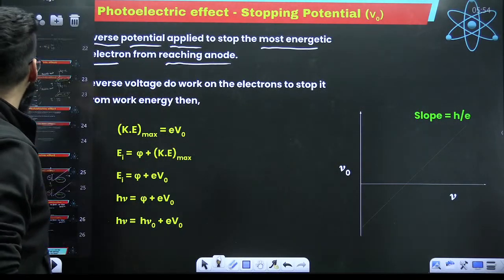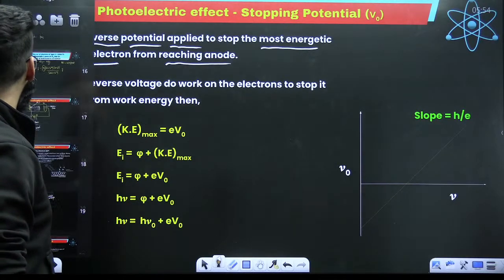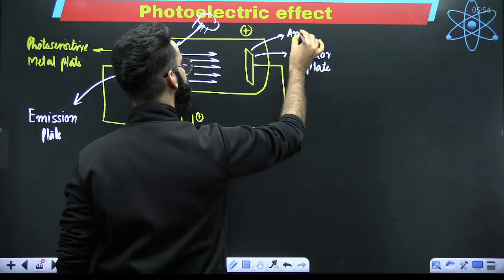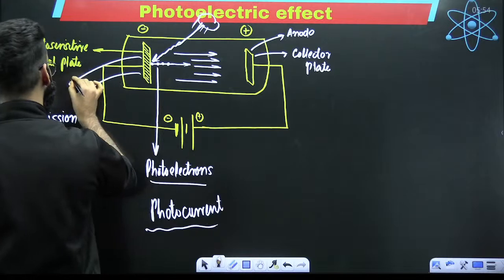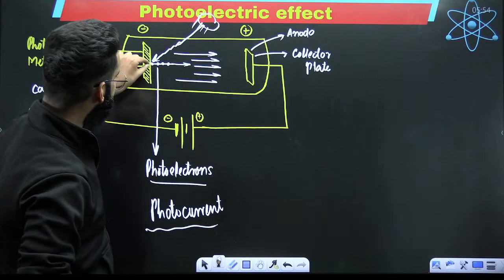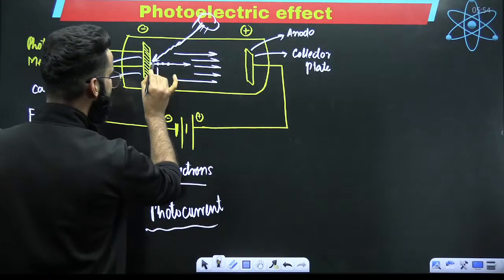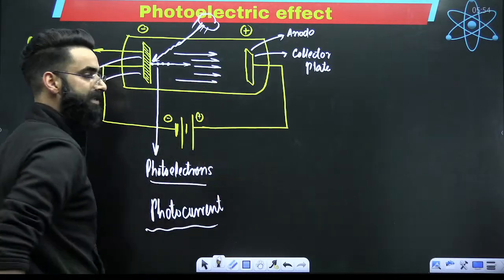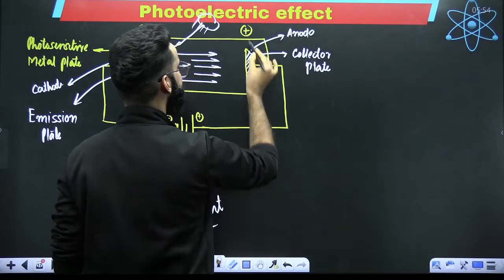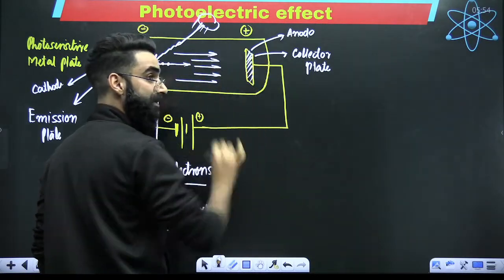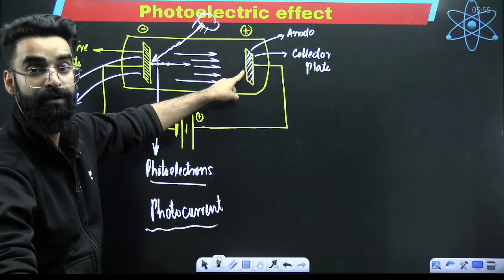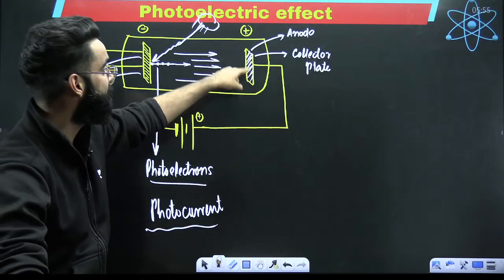Let's have a look, people. See, this was your anode and this was your cathode basically. Perfect. Now light radiation is coming, taking the electron out. The electron is coming towards the anode. Now, my dear students, if I change the polarity of this particular plate, this plate carries positive charge. It is at positive potential. If I change the potential of this anode, since it was positive, if I make it negative,